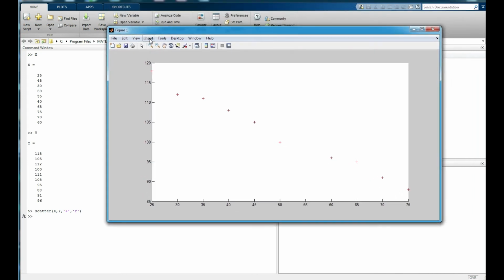Go to the insert button, insert x label. Here write the x label, which is price. Insert y label, quantity sold. Insert title.